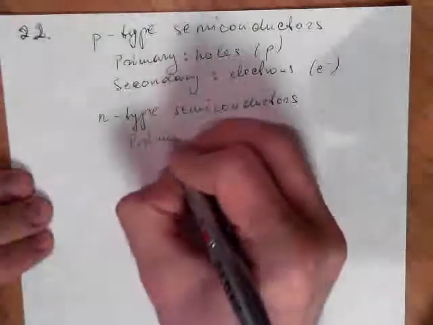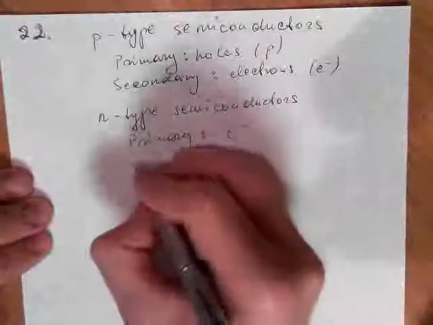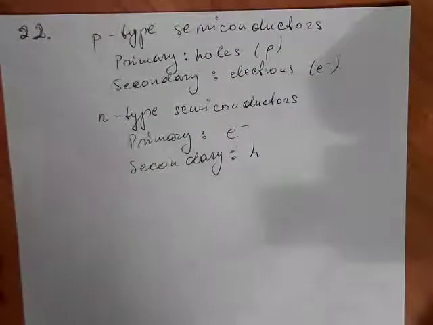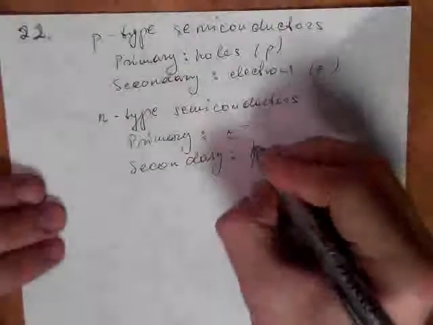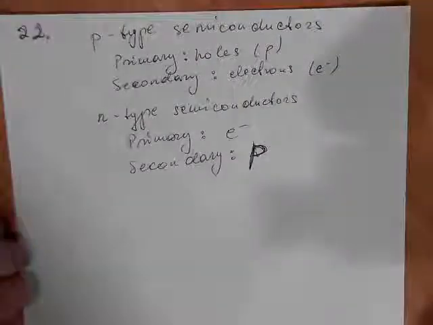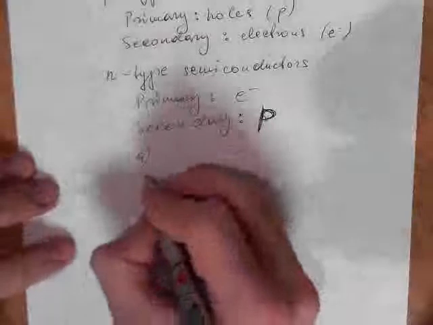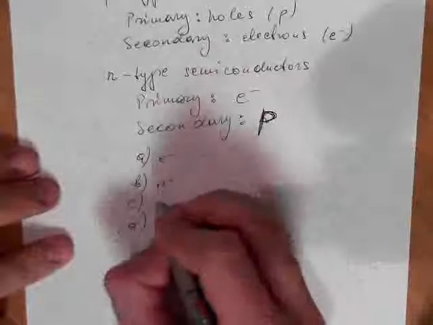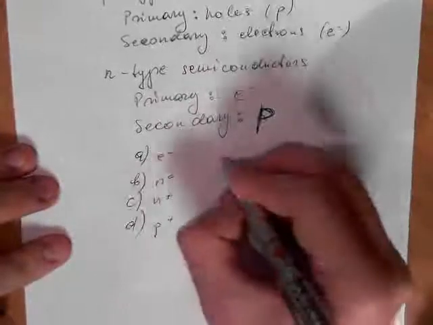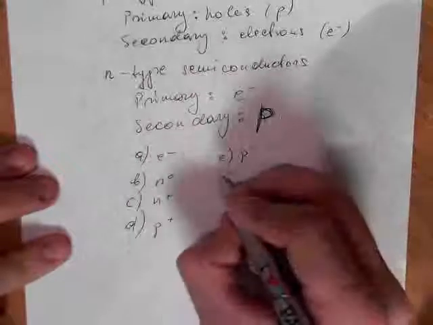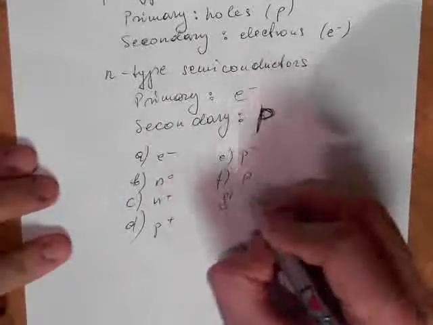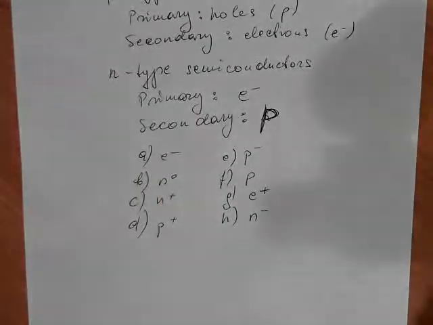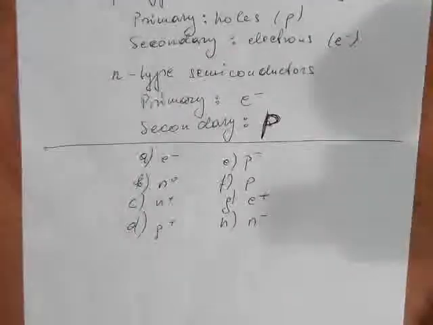Primary electrons, secondary holes. Sorry, H, P. So imagine you have answers given: A is E minus, B is N 0, C is N plus, D is P plus, E is P minus, F is P, G, H. Imagine these are a lot of possible answers, and the question is